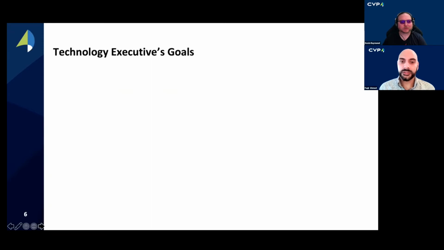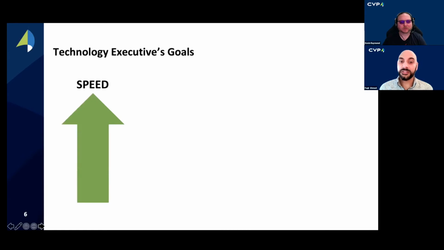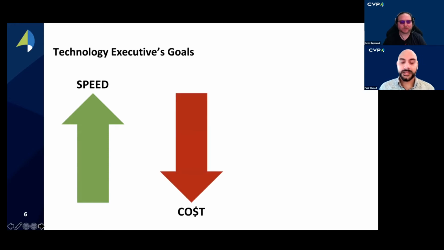So what are the key executives' goals that help adhere and solve those challenges? Well, speed to market. Every technology executive wants to get their products, their services out to the market, either internal federal employee users or external clients, which are the citizens. At the same time, how do I reduce costs? We know there are ever shrinking budgets, especially in the federal government, and especially with 70 to 80% of your budgets just focused on O&M and keeping the lights on. How do you use that 30, 20% left to really accelerate and innovate and help you scale out your solutions